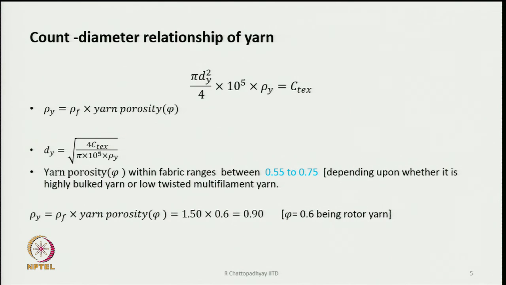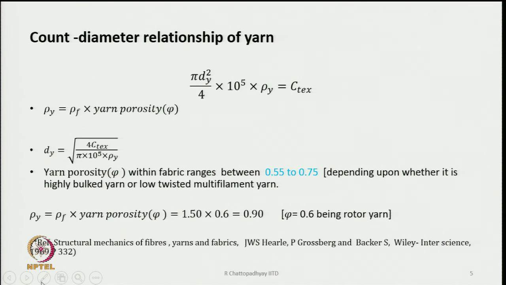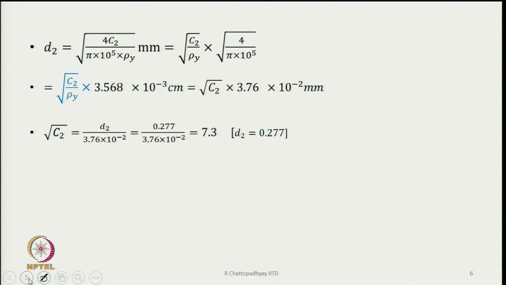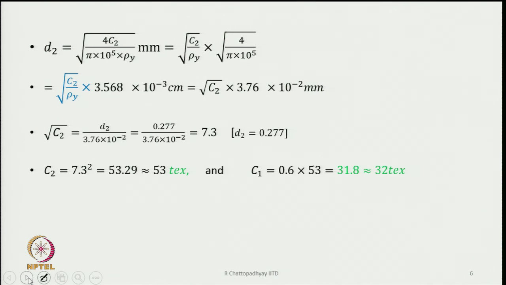So, with this assumption of 0.6 we have to move ahead, and if we know the density of the yarn, then we can find out what should be the diameter d 2, because d 2 is going to come straight away from the formula. We substitute all the values that we have, and